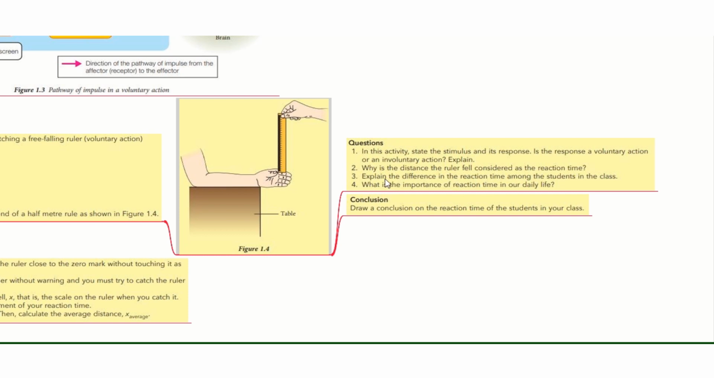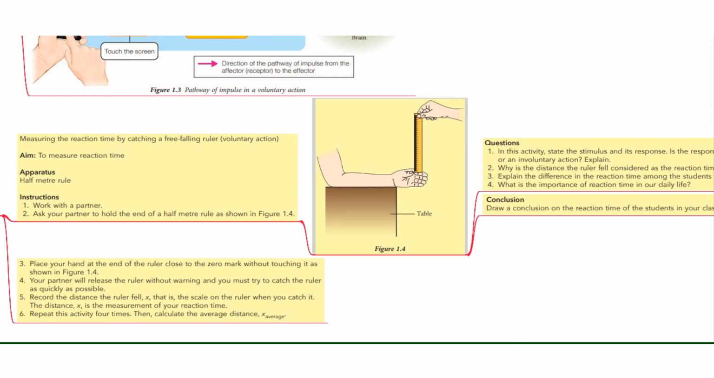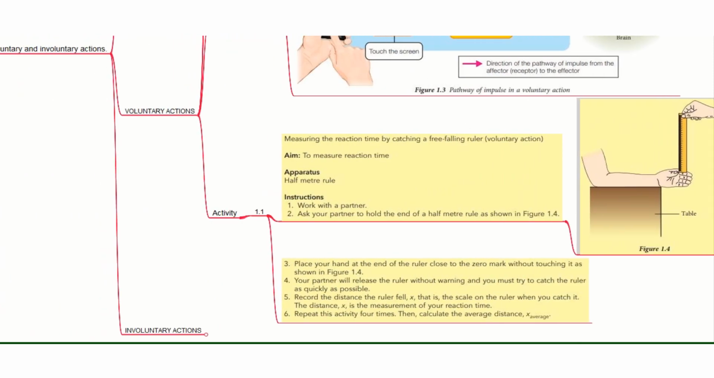Number 3, explain the difference in the reaction time among the students in the class. And number 4, what is the importance of reaction time in our daily life? And the conclusion: draw a conclusion on the reaction time of the students in your class. Okay, so that's the activity